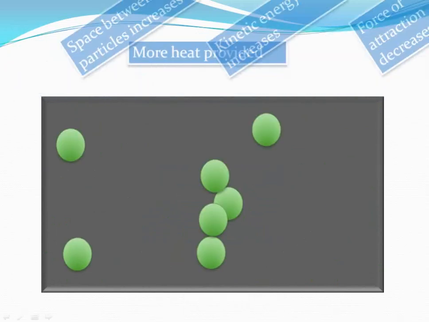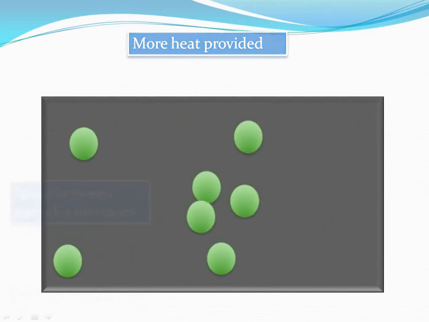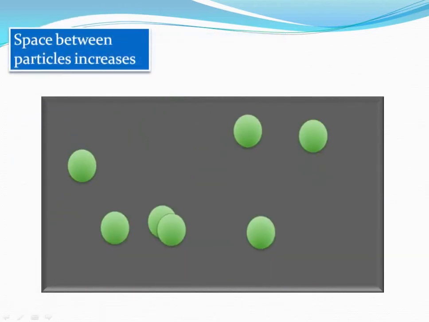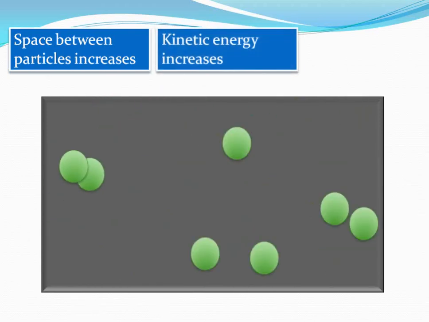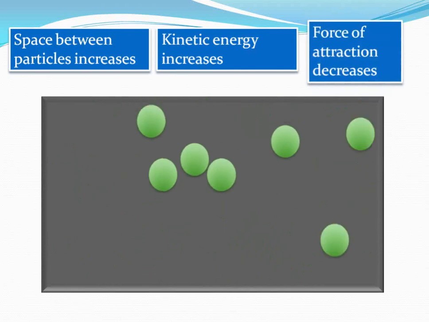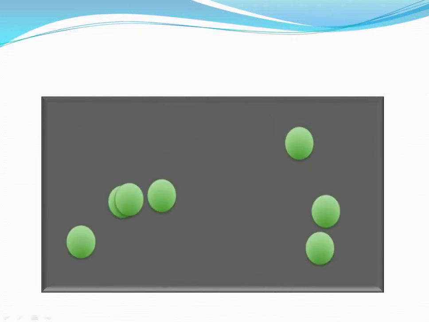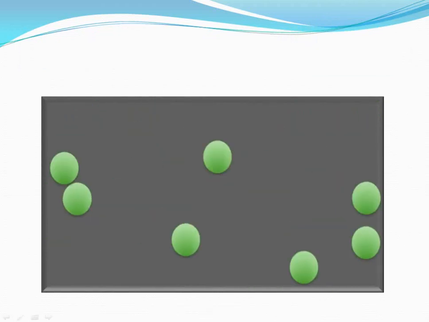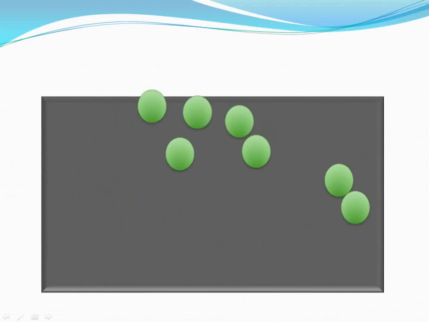When you further increase the temperature and provide even more heat, the particles move very, very fast indeed. The space between the particles increases even further. The kinetic energy increases even further. And the force of attraction becomes almost negligible as the particles move very, very far away from each other. So this is what happens when you increase the temperature of matter particles, or when you basically add heat to